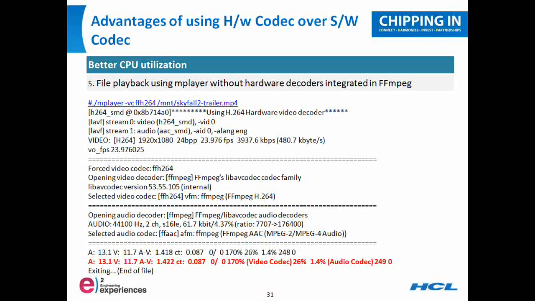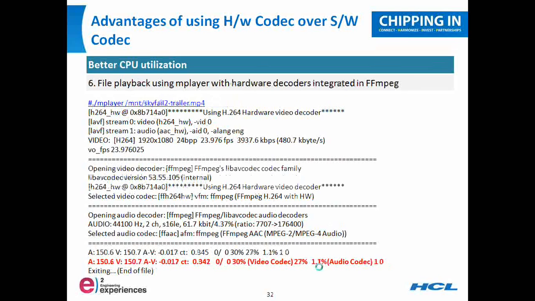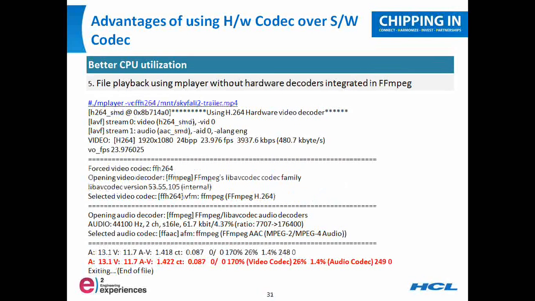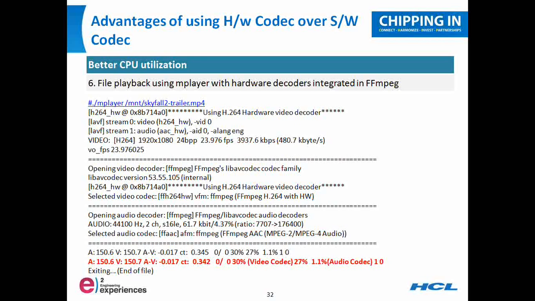Another example is, here it gives command line statistics of the performance. Here you can see the video codec usage is as low as 26% and the audio codec is just 1.4%. So in this, the CPU usage is again changed